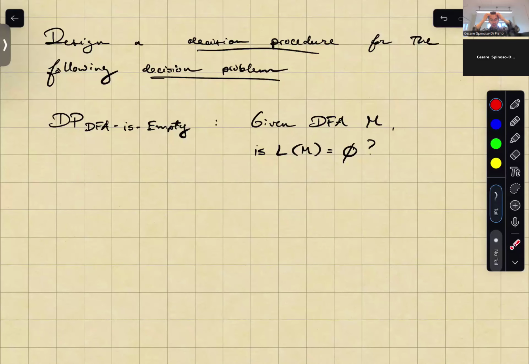Okay, hello everyone. In this video, we'll be looking at solving an exercise where we're asked to design a decision procedure for a decision problem about regular languages. The decision problem for which we're trying to design a procedure is the DFA is empty decision problem. So in the DFA is empty decision problem,